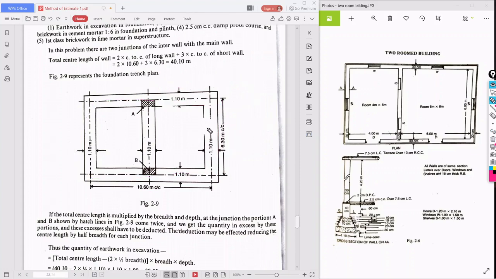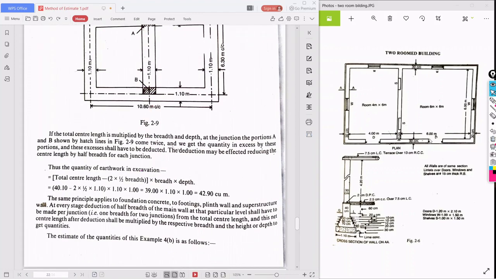If we add this 6.30 again, this part has already been counted and is overlapped. The A position and B position are overlapped, so for that overlapping we are deducting its half.